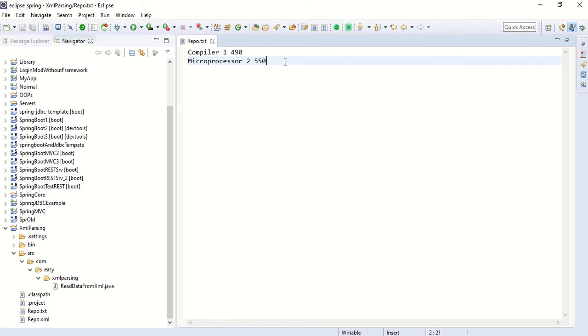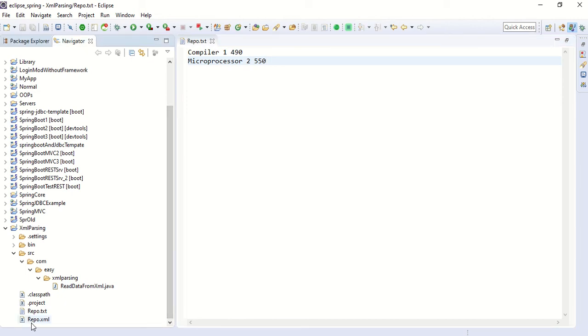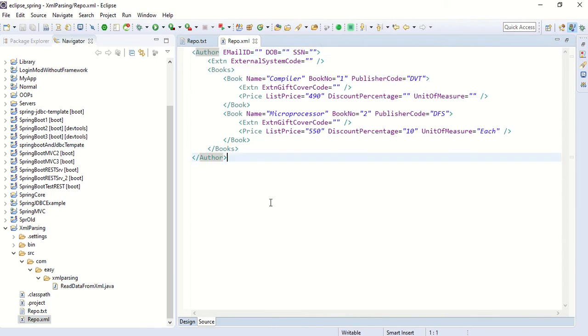Similarly, XML is also another type of file, but where we store the data maintaining a particular format. So let's have a look at a XML file. This is a XML file, an example of XML file.